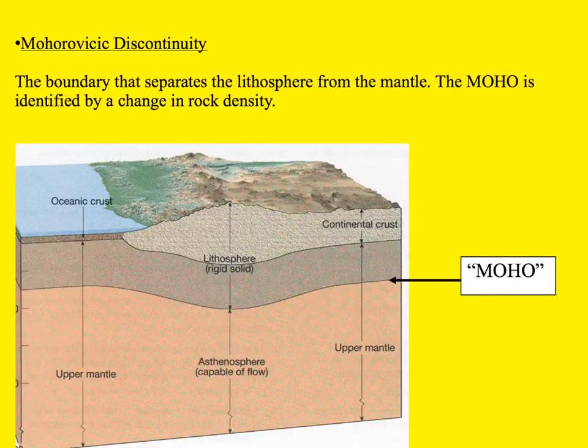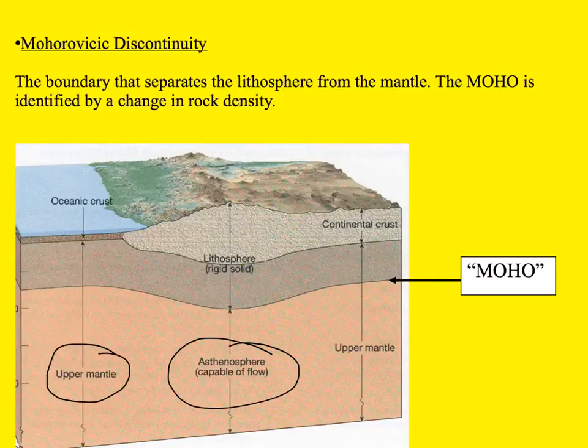So this is a very important diagram, and it represents the layers of the Earth. But in this particular diagram, you cannot see the inner core, you can't see the outer core, and you also can't see the lower mantle, which is the big section of the mantle. What is evident in this diagram is the asthenosphere, which basically is referred to as the upper mantle, and that's